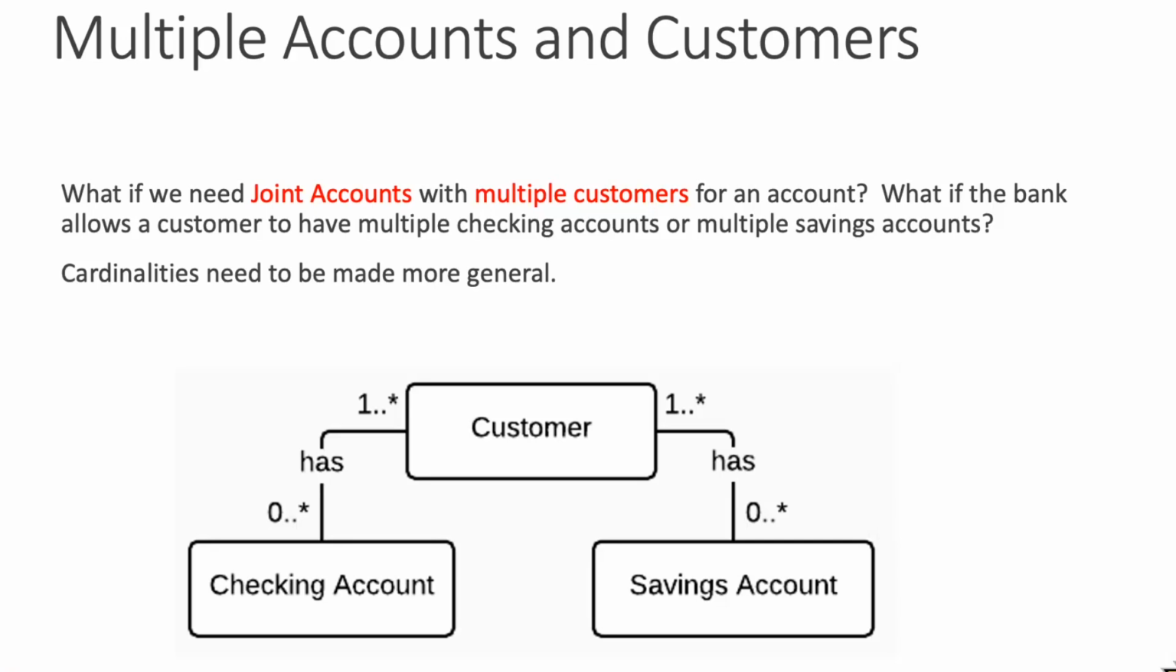On the other side, a customer can have 0 checking accounts or many checking accounts. That's the way that we can interpret this 0 here. Okay, so a customer can have 0 checking accounts or many checking accounts. The same here as well. Okay,